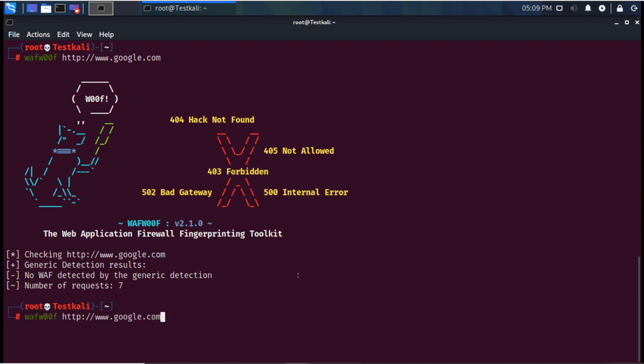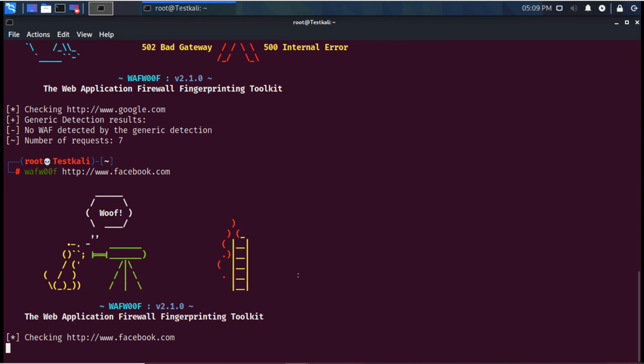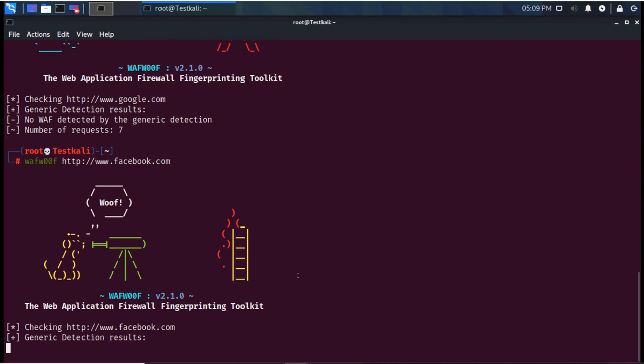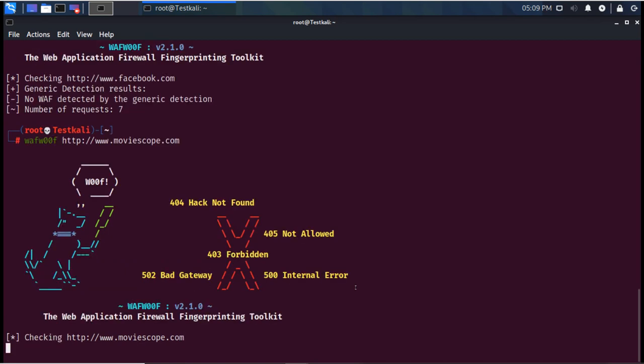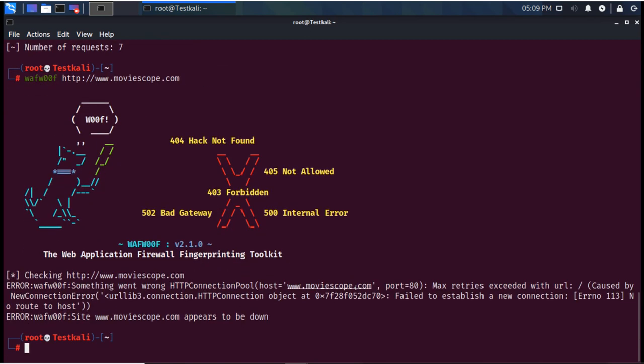We can try the other sites. Okay, this one is not connected.